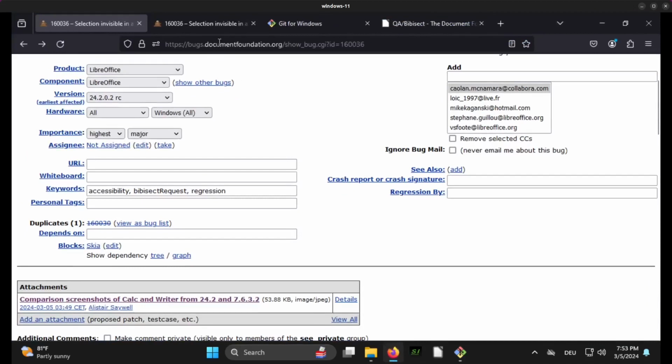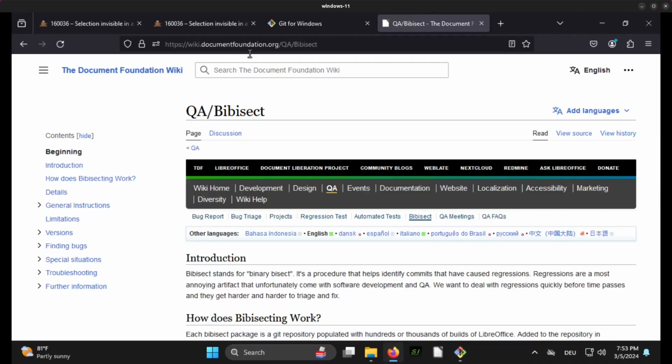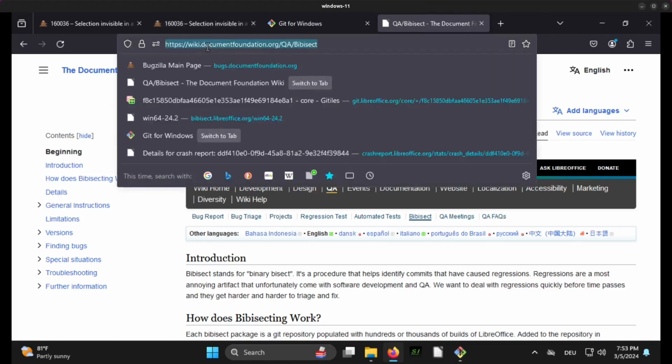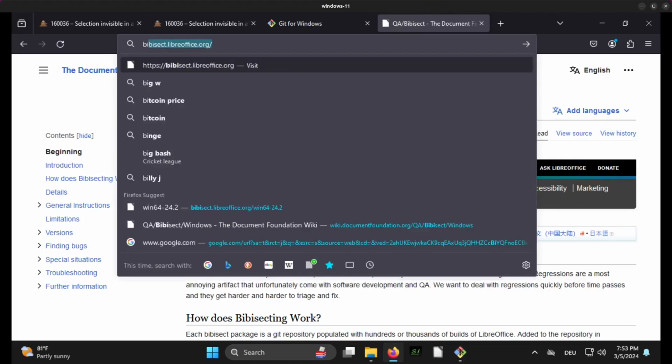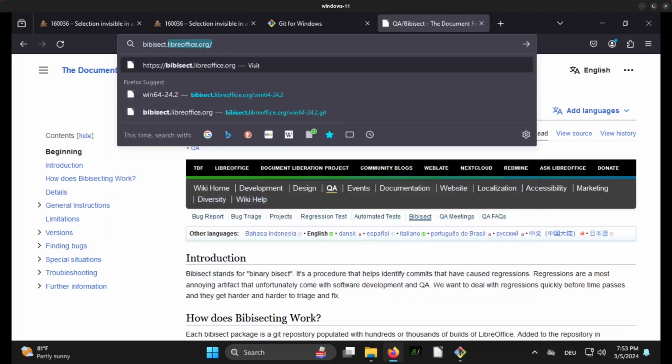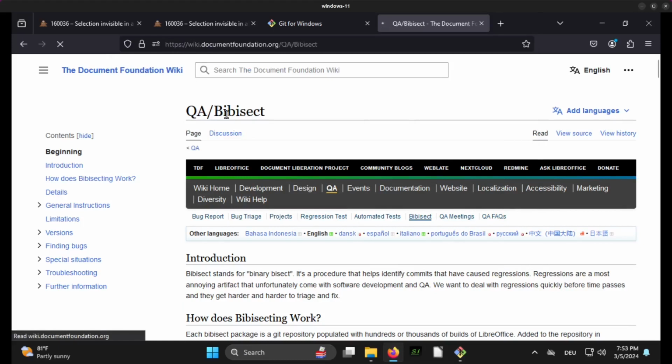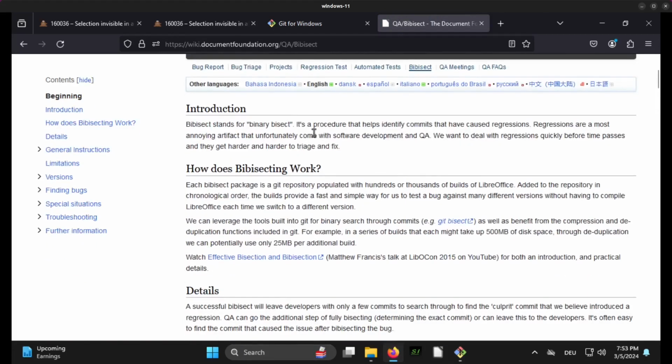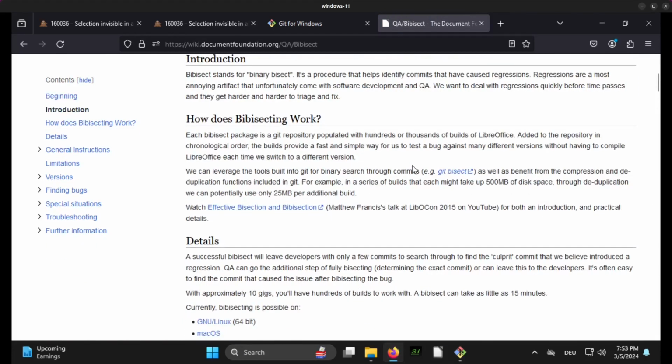And to get into the bibisect process, we'll have a look at this website here that you can access easily by going to bibisect.libreoffice.org. This is a shortcut to this quality assurance page, QA/bibisect. There's a general explanation of what the process is, and basically it is taking a look at all the different patches, all the different commits in a range, and that might be several thousands of them,